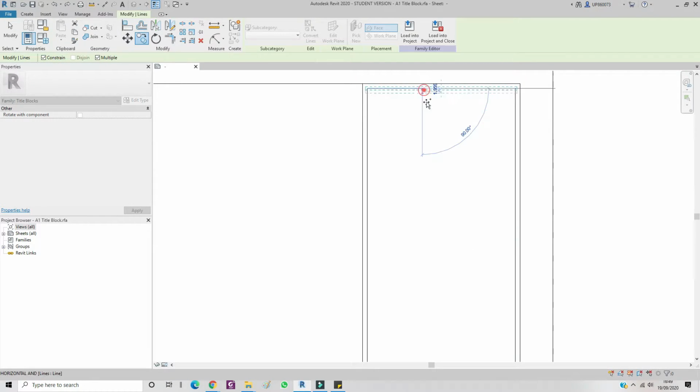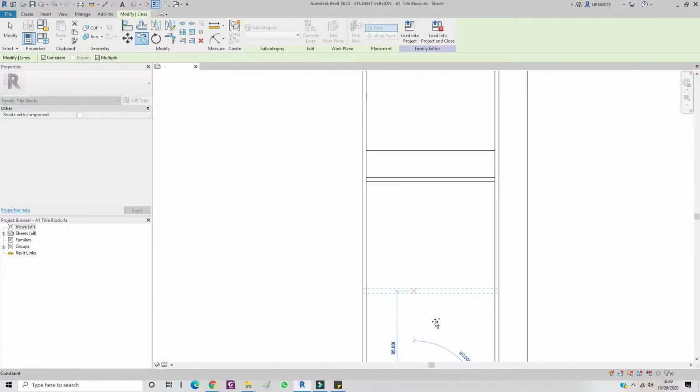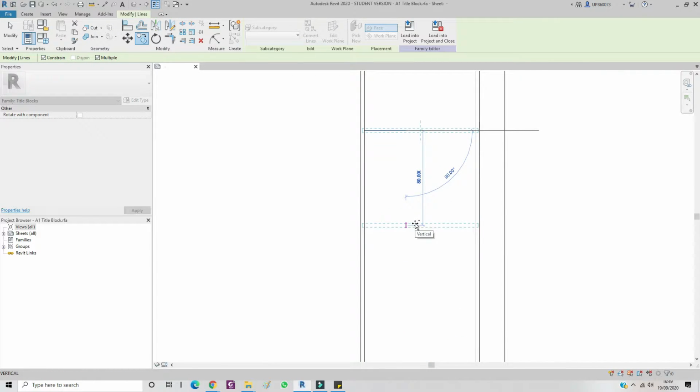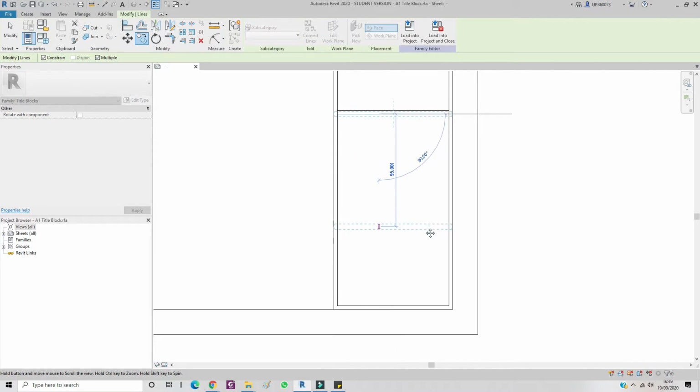So if I select the line, go down by 59 millimeters, then 20, then 3, then 165.2, then 3, 130.8, 3, 45,